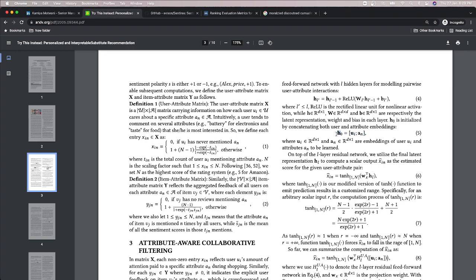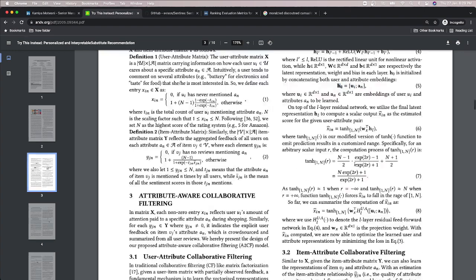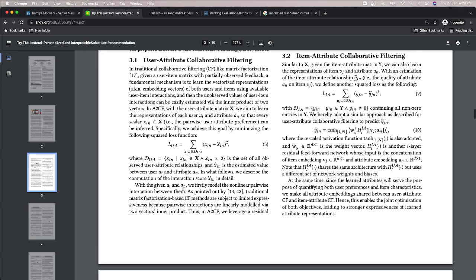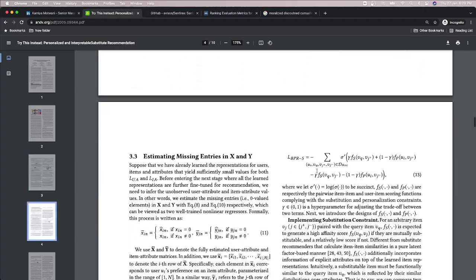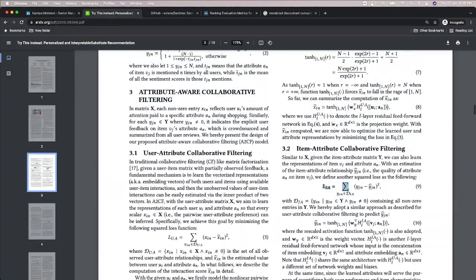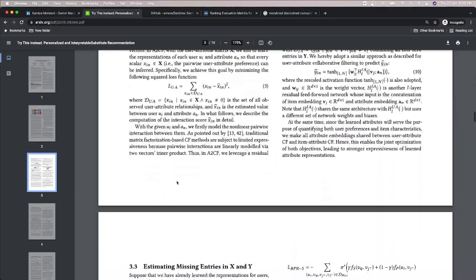Both of them will be the initialization parameters, right? So for these attribute pairs, again, for this it would be the item and the attribute embedding, right? So the input is a concatenation of the item embedding and the attribute embedding, VJ and AN. So we provide these sorts of inputs to the neural network. We train two neural networks which have a different set of weights and biases, for LIA and LUA, but we basically